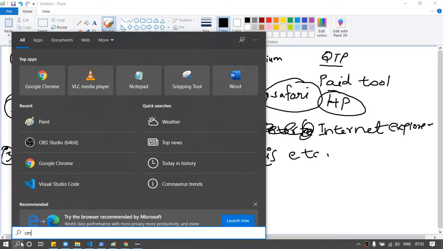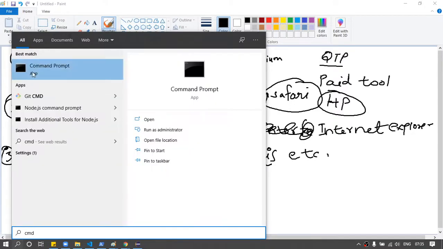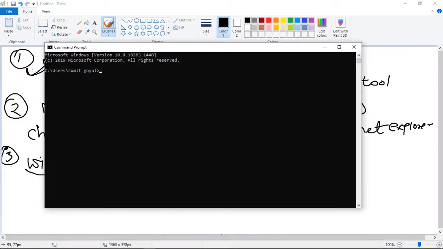So to check it, I will go to command prompt and I will write java -version.